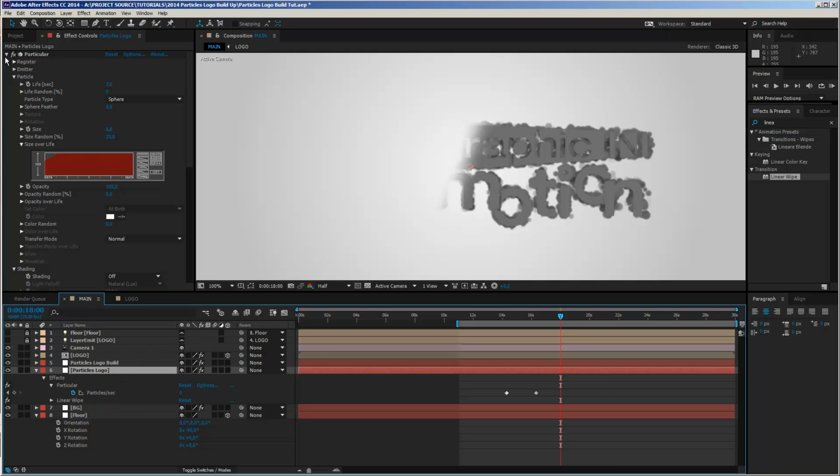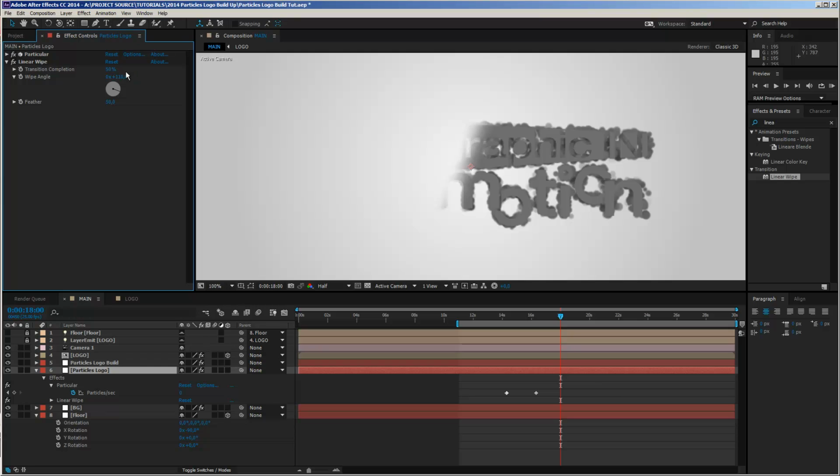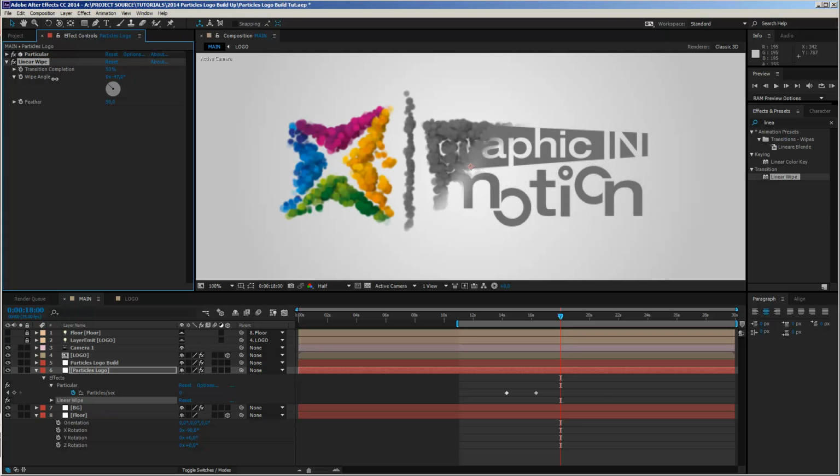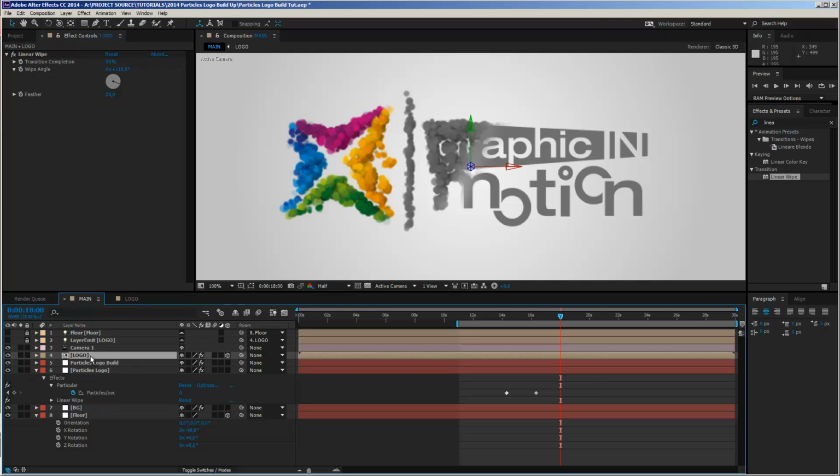And I only have to enter my wipe effect now, and instead of setting it to 110%, I just have to rotate this the other way around. And this will be around, let's see what we have here, I think about 60%. And now if we change the transition, I will just go back to my linear wipe here,